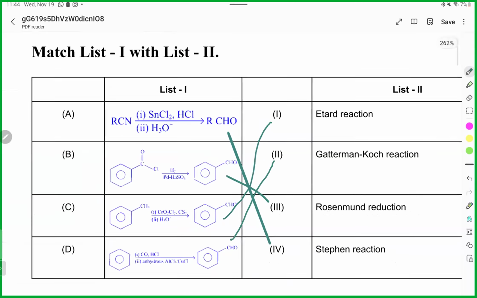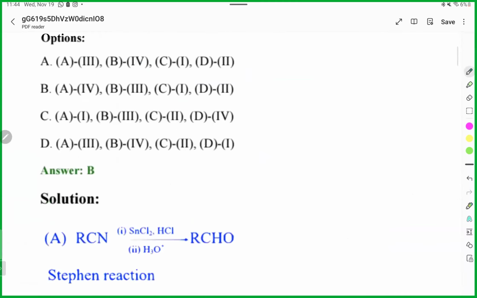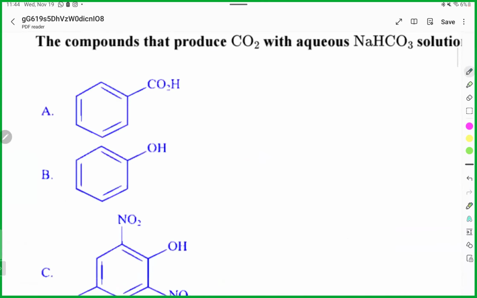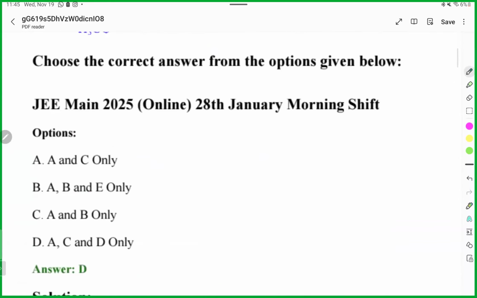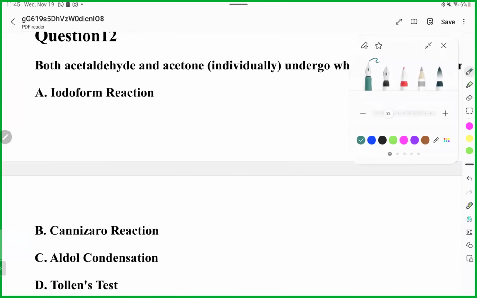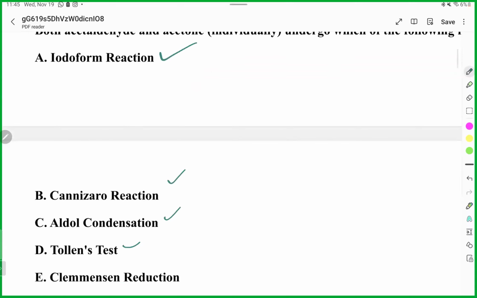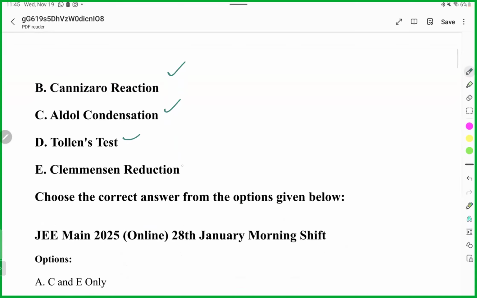But this kind of question in JEE is rare. They can ask. And same kind of question is common in CET as well as board. This kind of simple question because they directly give in the exam. It is just for quick revision, nothing else. Individually, you will have so many questions from all these reactions. Haloform, Cannizzaro, aldol, Tollens. You just imagine it is 50% of the first chapter question is test. Haloform test, Cannizzaro, aldol, Clemmensen reduction, Wolff-Kishner reduction,